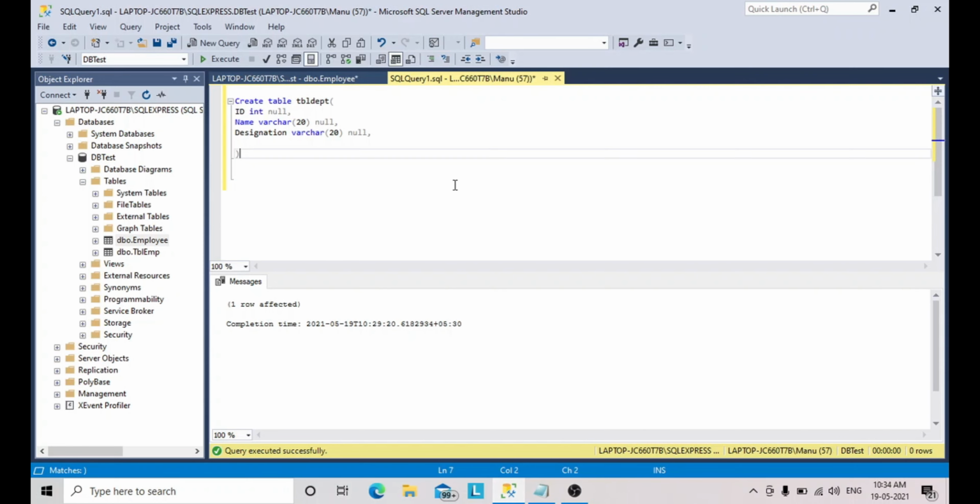Now I am creating a table, TBL department, that contains ID, name and designation. ID is int, and I didn't mention anything as not null. These three columns are allowing null values.